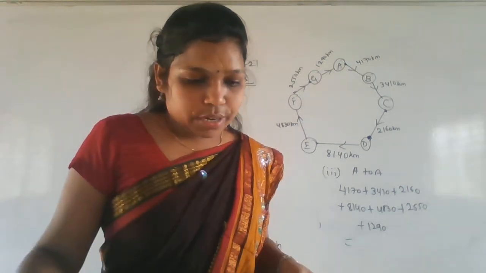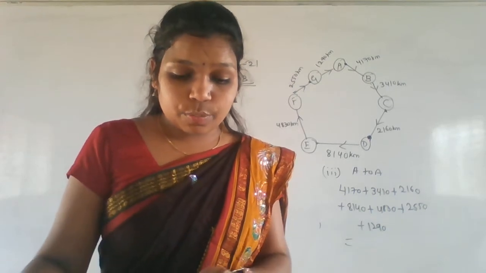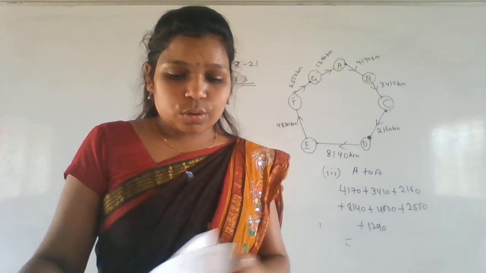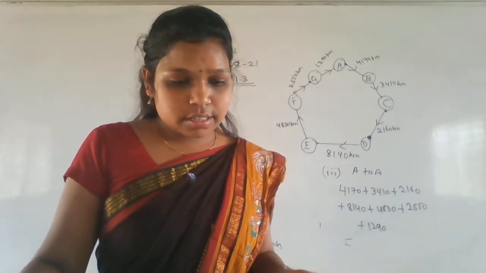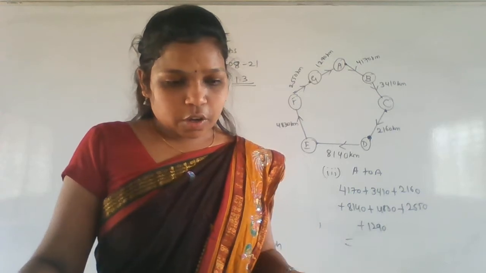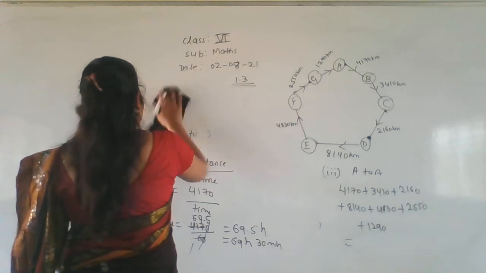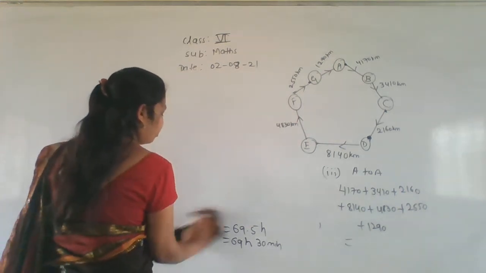Okay, so now we directly will move on to exercise number 1.4. So start exercise number 1.4, that is about only Roman numbers. If you know the Roman numbers then it is very easy to solve, otherwise it's difficult. Hope everyone knows the Roman numbers, right? So now start with exercise number 1.4.